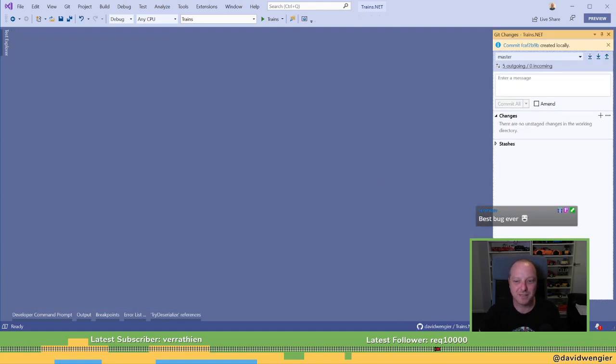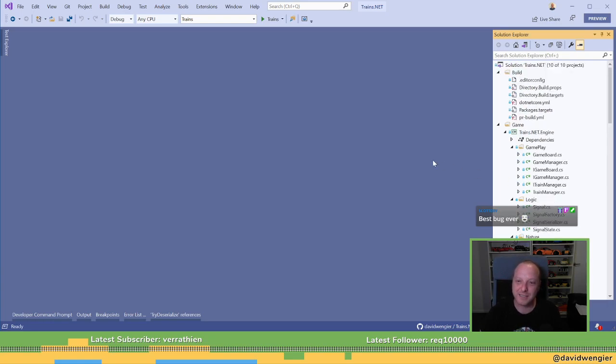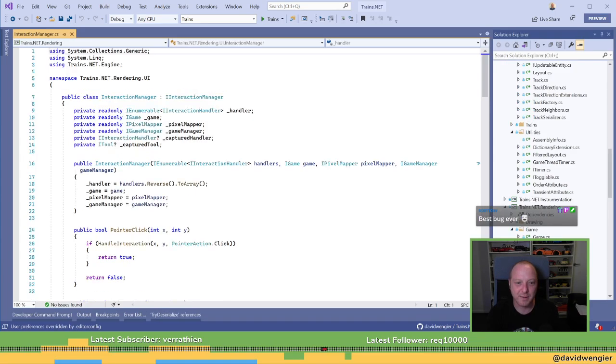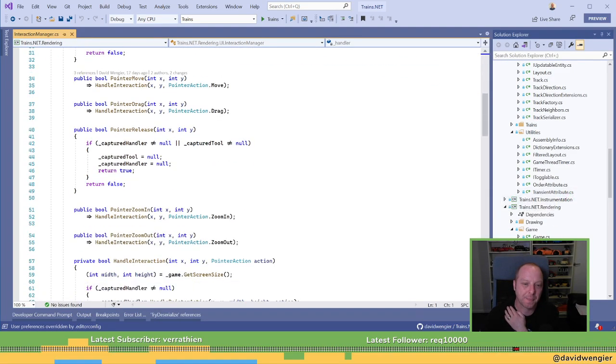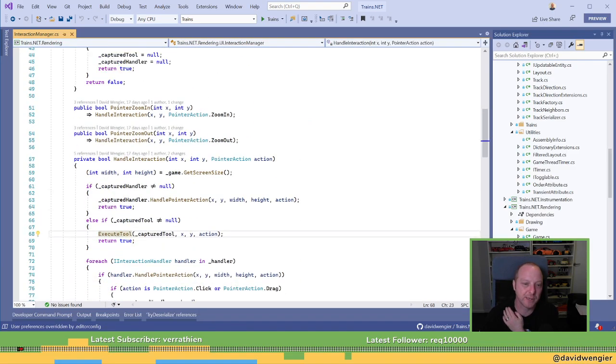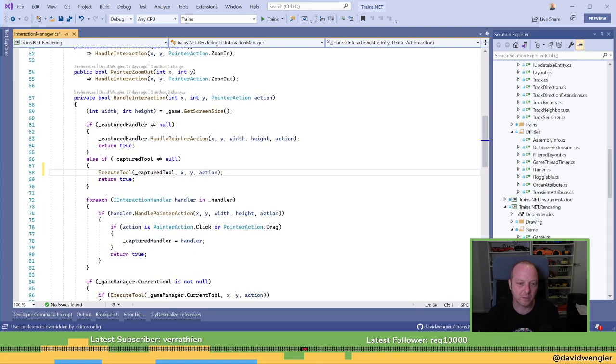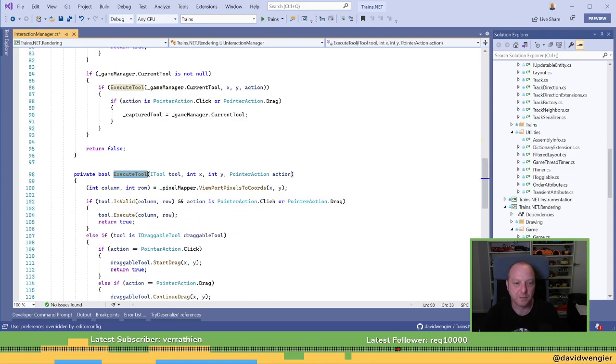All right. What are we doing? What else? Oh, I really want to. I don't know what I want to do. So the drawing now actually works, although it's still okay, now let's go with the old interaction manager here. So the interaction manager is the thing that is calling execute on my tool for this XY. So I think I want to do this. No, it's in here.